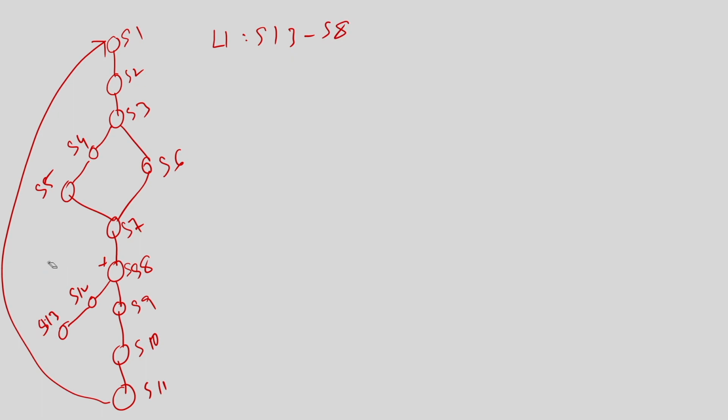So, I am going to remove this and I am going to remove this one also. I have another loop, which is loop 2, from S11 to S1. So, this information I will remove. Now, you can see this is my modified behavior, right. So, how many paths are there?